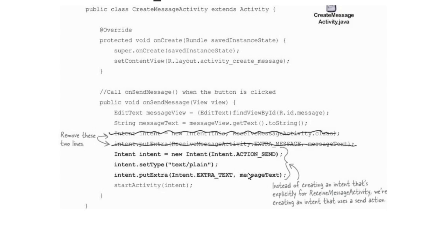That's why I call this the implicit intent. It is not explicitly writing the activity class name. Now we also set the type, like text plain, and we also put some extra information. We put some message inside the intent by using the putExtra method. Then we just start the activity.